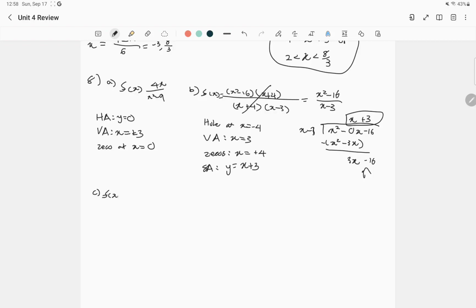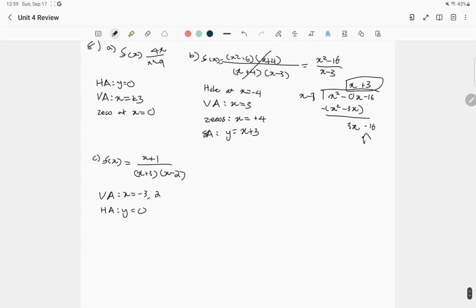C is going to be f of x equals x over x plus 1 over, I'm going to factor this immediately because it helps out, x plus 3, x minus 2. So we have a vertical asymptote at x equals -3 and 2. We have a horizontal asymptote at y equals 0 because the top is smaller than the bottom. And then we're going to have no holes, and 0 is going to be x equals -1, and that's all you need. D is going to be